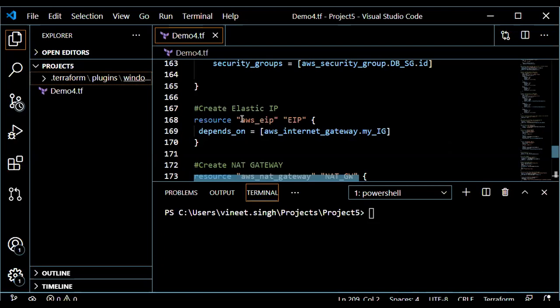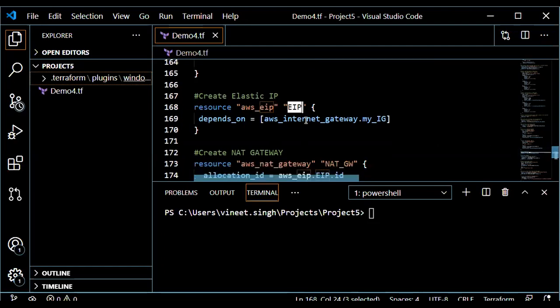To do that, we use the resource type aws_eip, and this is the name that I've given with respect to my Terraform module. Whenever you request this EIP, I need to make sure that it is created only after the internet gateway, because at the end, the NAT gateway also sends the traffic to your internet gateway. So the internet gateway is a must. Otherwise, there is no point in requesting the elastic IP address.